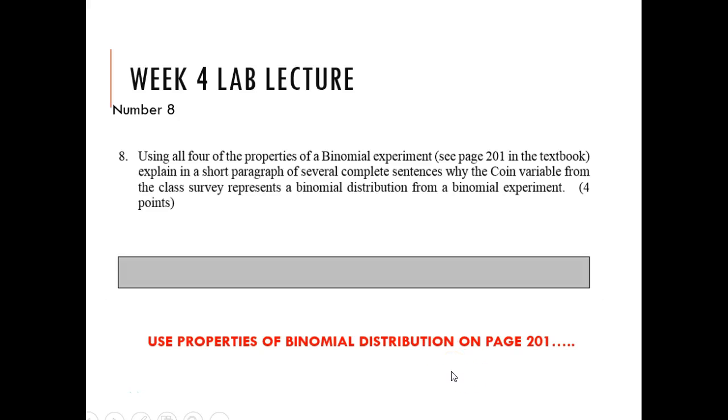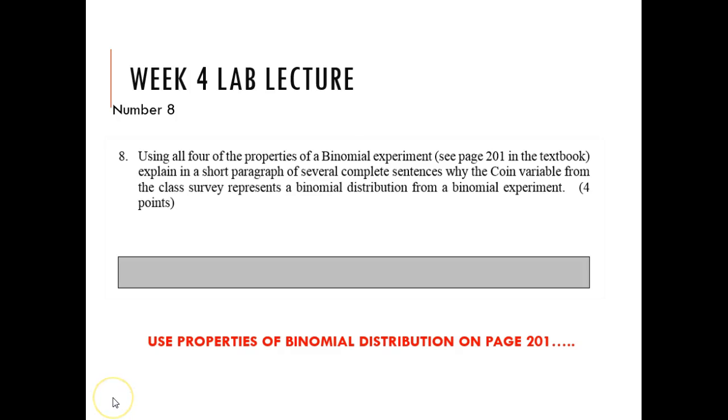Finally, let's look at numbers 8 and 9 on the week 4 lab. Let me pull up that page in the book. It says using all four of the properties of a binomial experiment. See page 201 in the textbook. Explain in a short paragraph or several complete sentences why the coin variable from the class survey represents a binomial